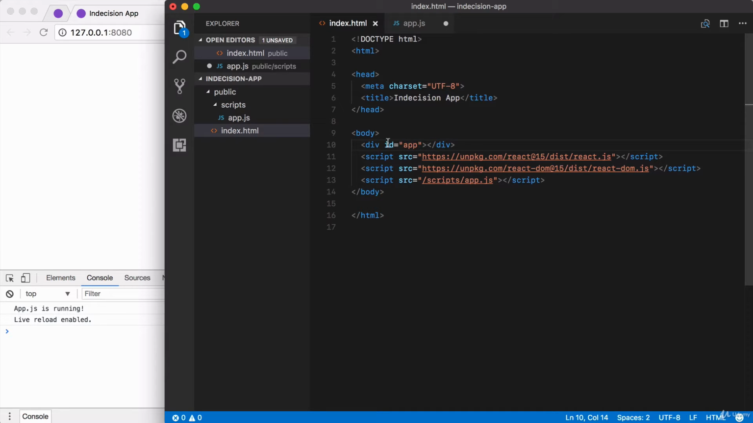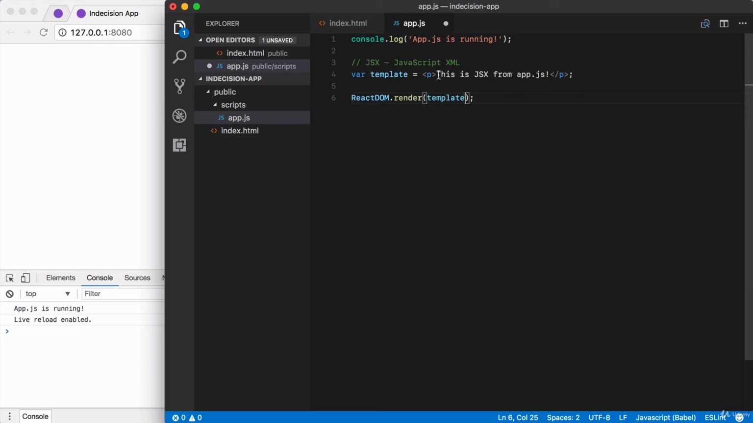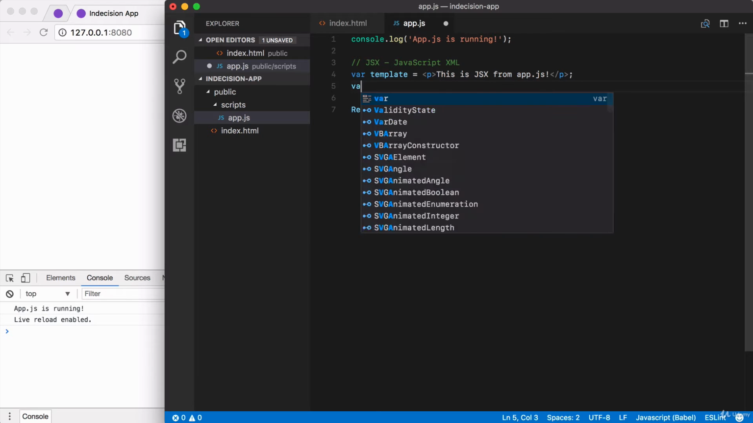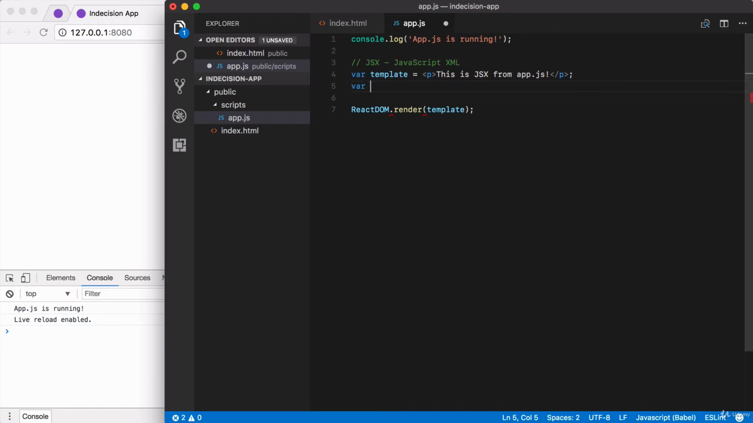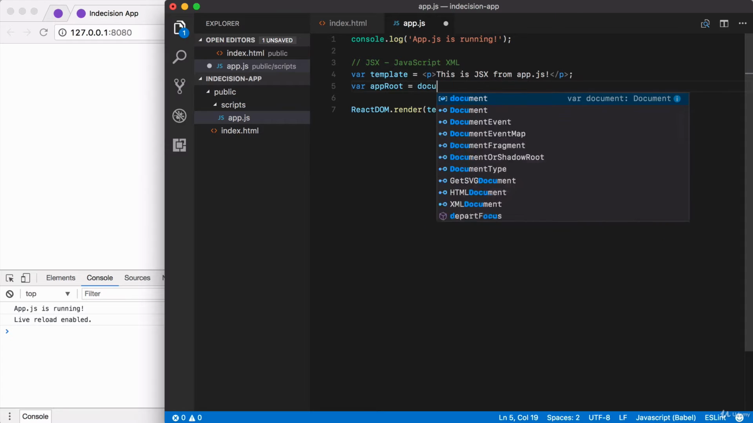So let's go ahead and actually access it, and we need to pass it in as the second argument to ReactDOM.render. We can break this out into a variable up above, another var, and we'll call this one something like appRoot, and we'll set it equal to, and right here, we're going to use the document API to fetch that element. If you remember, that is document dot